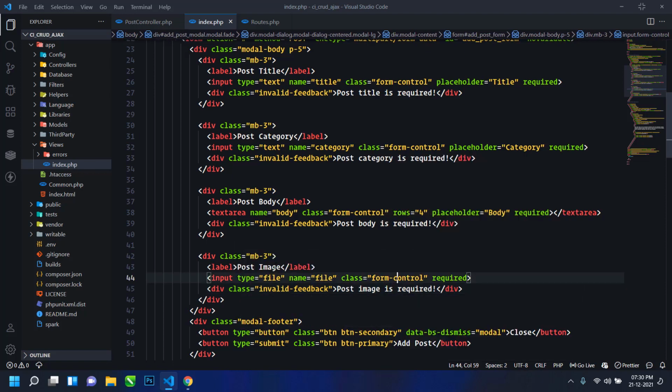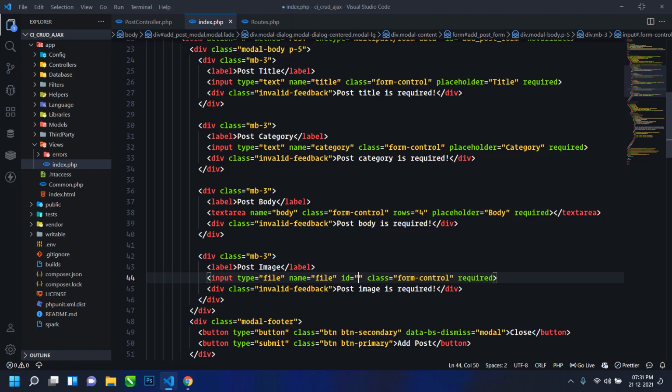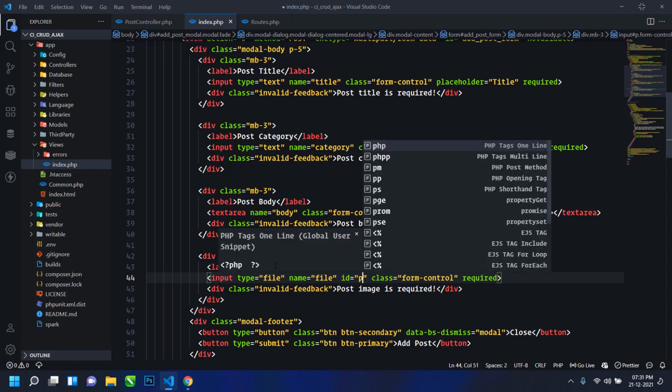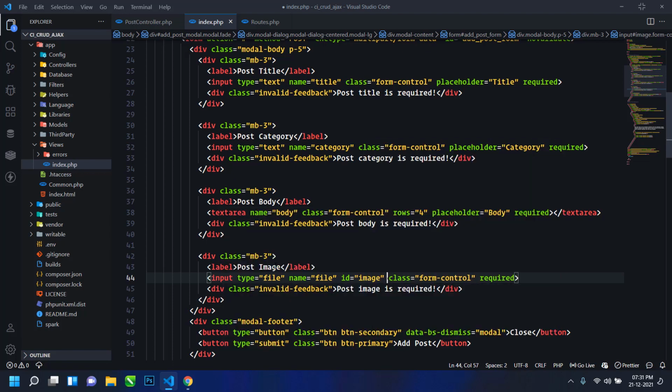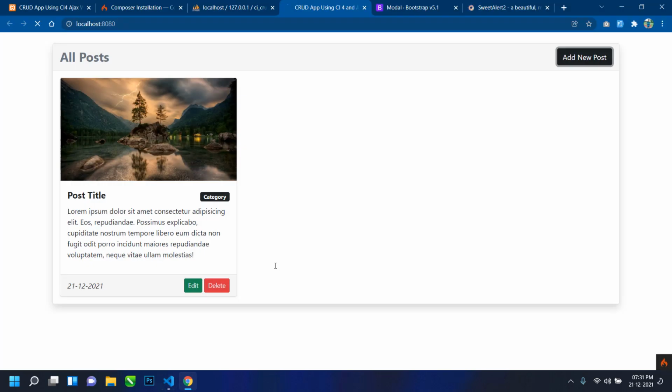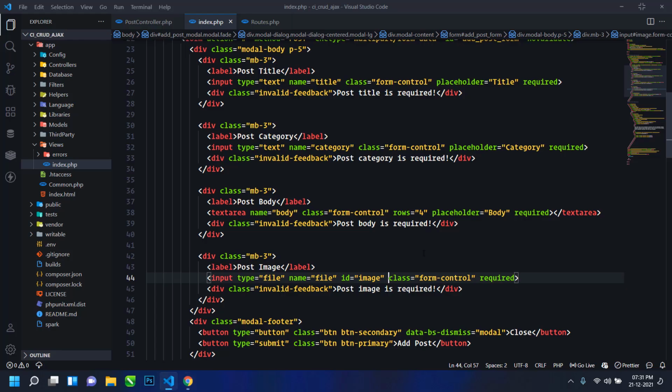Here actually I will also use an id, image. Now if we just refresh and open this modal, then you can see all the input fields.